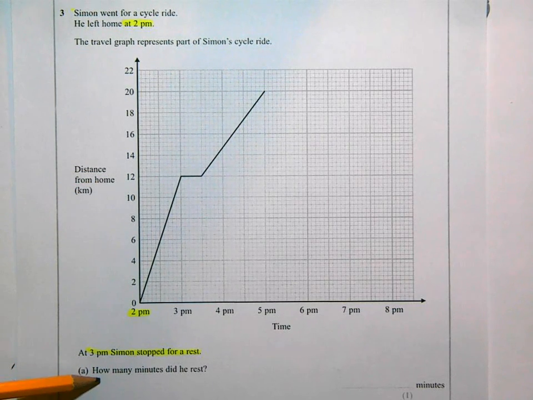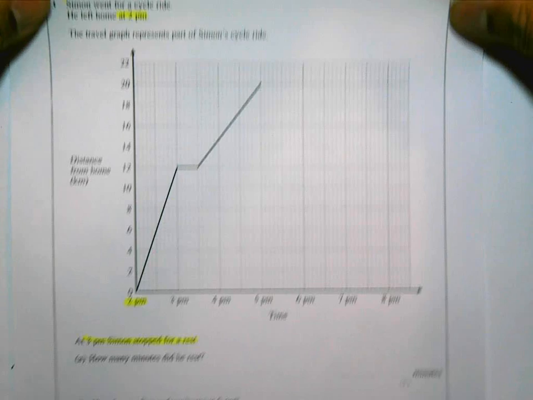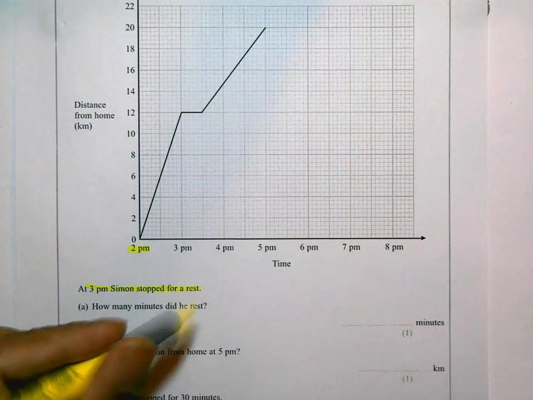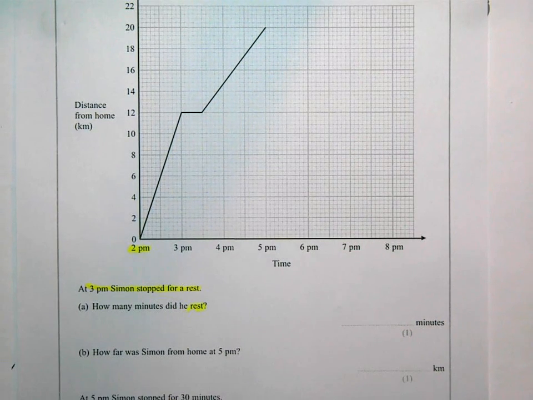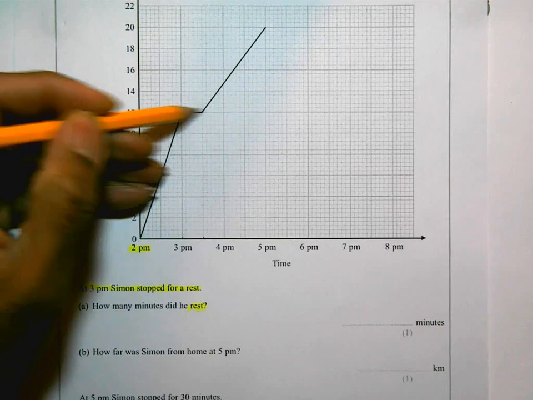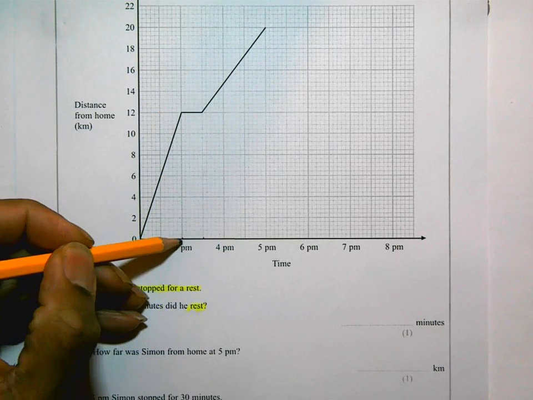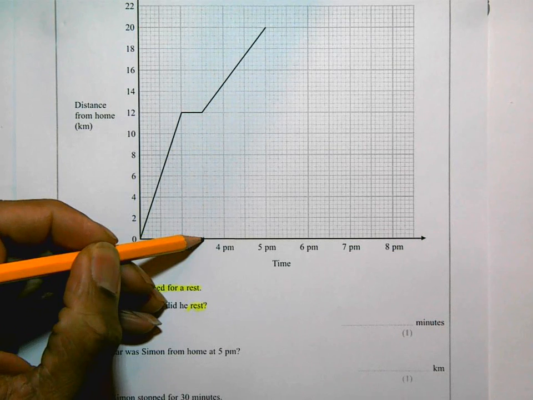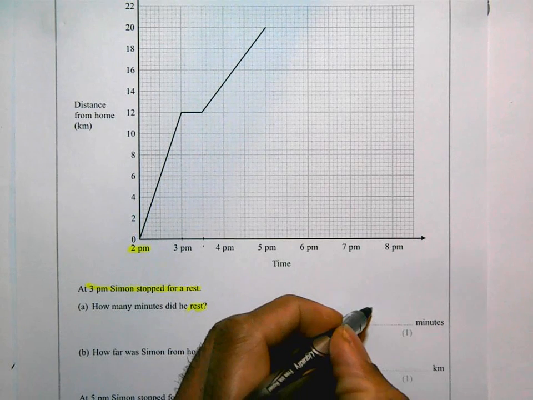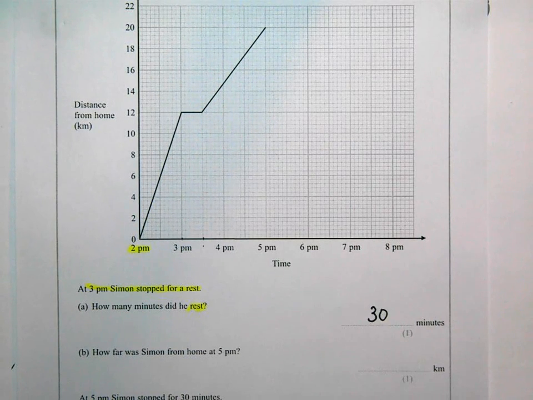The question says, how many minutes did he rest? So I'm going to move this upwards a bit so we could see all of the question. Okay, so it says, how many minutes did he rest for? Well, I just said it. It was from 3 o'clock to 3:30. He stopped. It's really important that you see the scale here. That's 3 o'clock, that's 4 o'clock. That there is going to be 3:30, halfway. So how long did he stop for? That's simply 30 minutes. He stopped for half an hour, but they want the answer in minutes, so it's